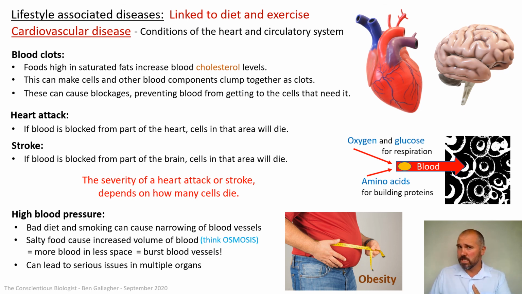Obesity has been shown again and again and again to be a causal factor, causal link. There's a high correlation between being obese and having blood clots, heart attack, stroke, high blood pressure, kidney failure because of that, all kinds of things. So obesity puts you at risk of all of the rest of those. It's the major risk factor ahead of cardiovascular disease. Take a screenshot of this. It's lots more information, then we'll move on to the next one.